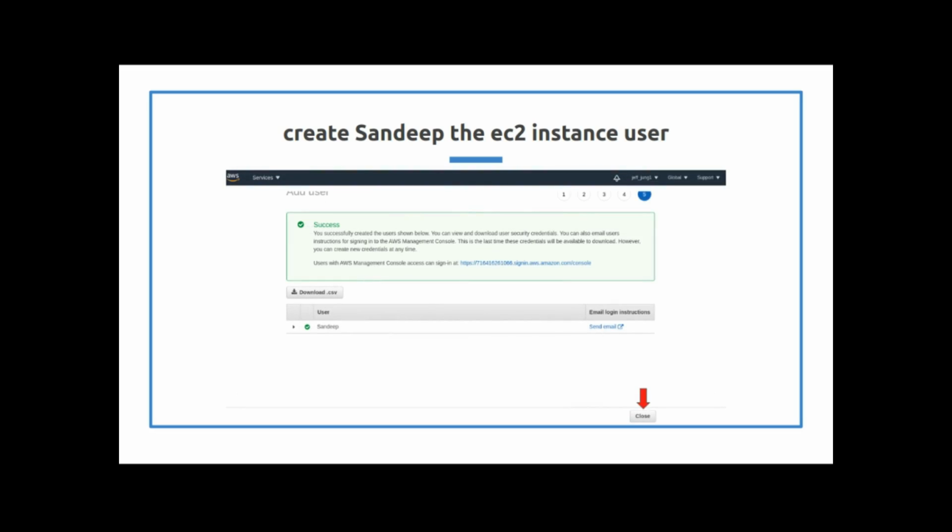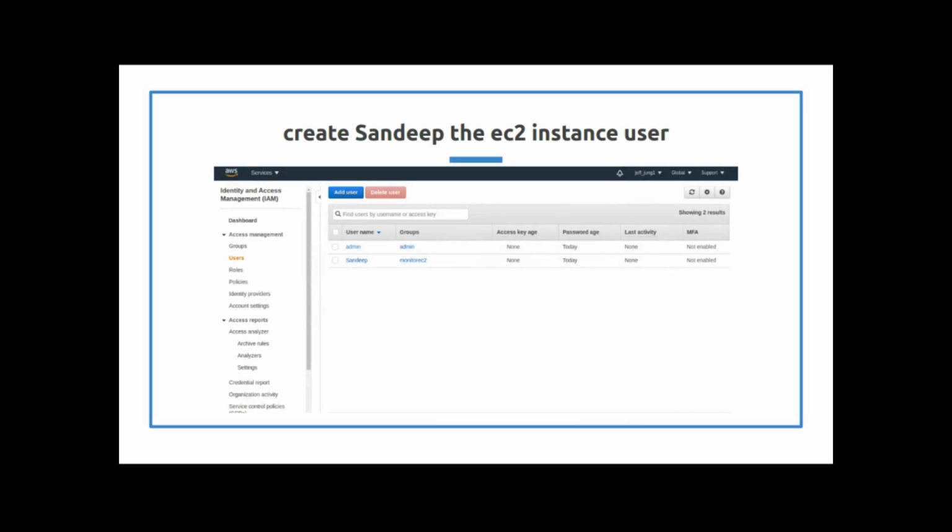Then you click close, and you'll see Sandeep has now been created, and he's in the pool with admin. So now I'm going to jump back into the live demo, and I'm going to create a user using the monitor EC2 group.